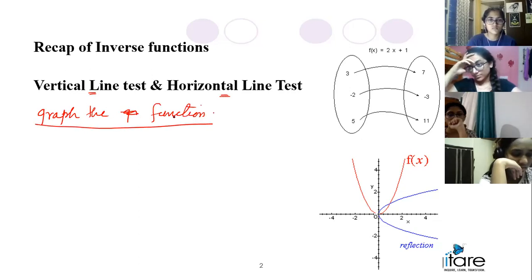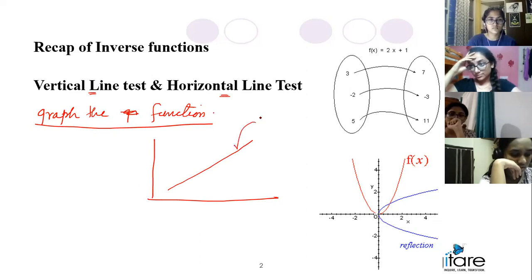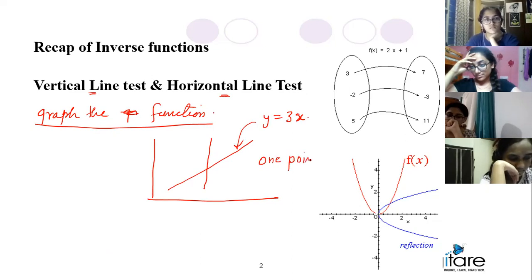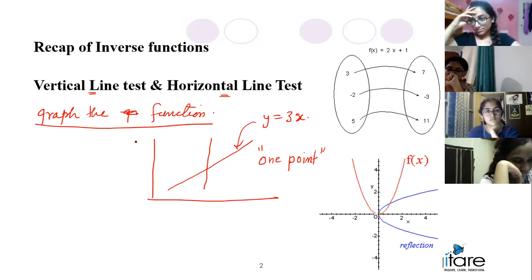Okay, so let's take y = 3x. Then you draw a vertical line. If the line cuts the graph in only one point,